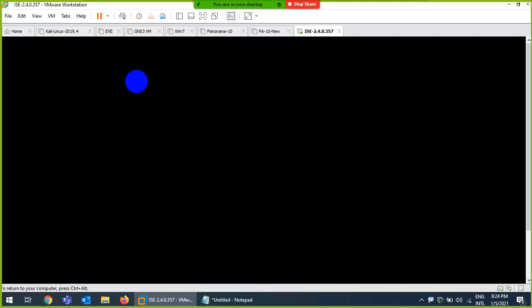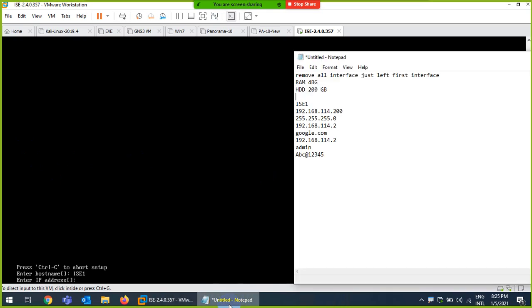Type setup. Okay, it's not showing anything. Basically it's at the end, look at it there. So what I can do, Control L to clear the screen, but anyway I will type. They ask for the host name, so we decide ISE1, enter, then they say enter IP. So we decide IP